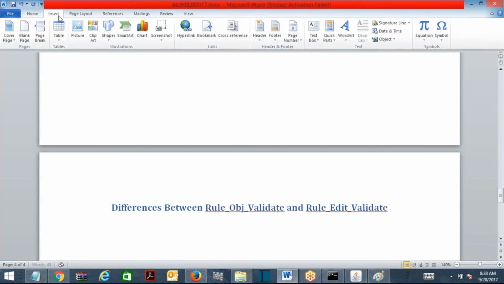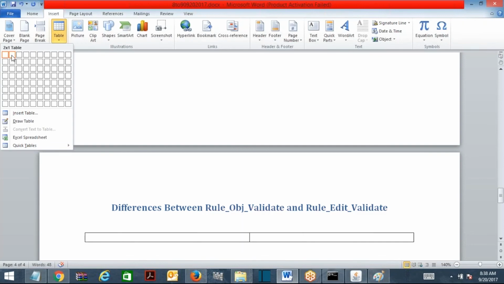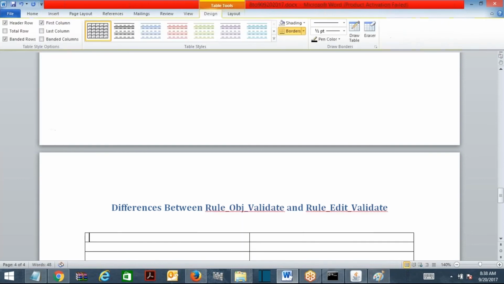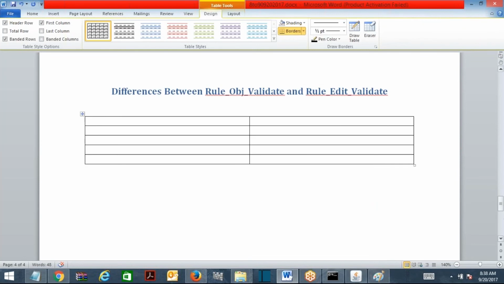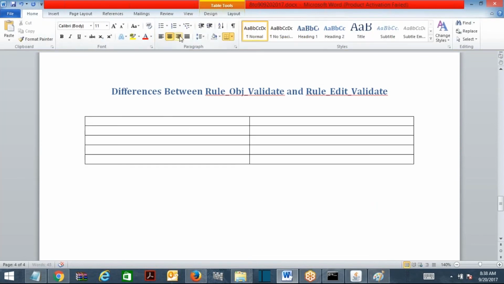What are the differences? This side I'm going to take obj. Okay, let me say this is validate. Okay, and this one is edit validate.